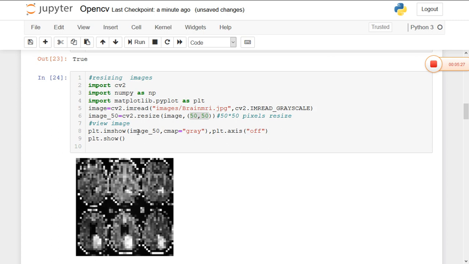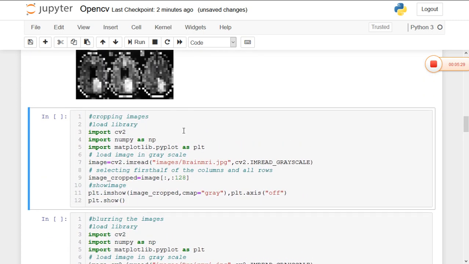Now coming to the cropping of images. In medical image processing, if you want to crop one particular area which was cancer affected, in such cases cropping images is very useful. In order to crop the image, that is, we want to change the dimensions and remove the outer portions of the image, we can use cropping, that is, slicing of an array. So here we can perform the slicing operation.